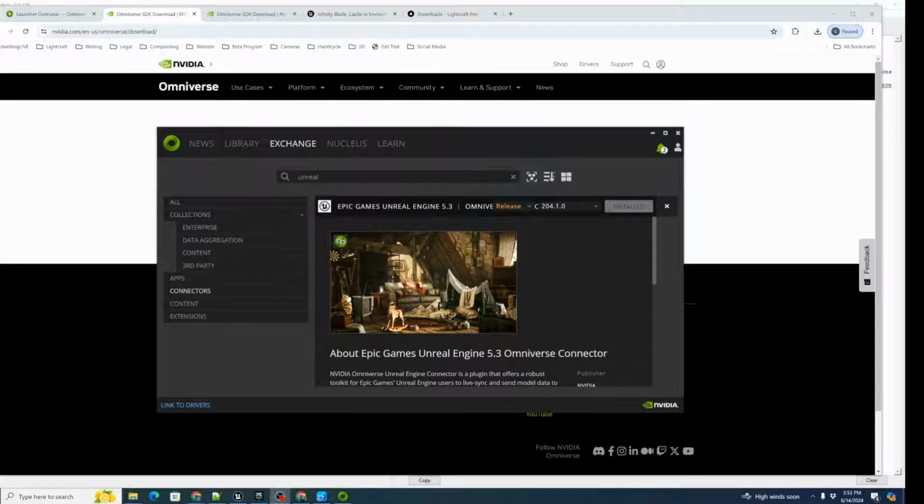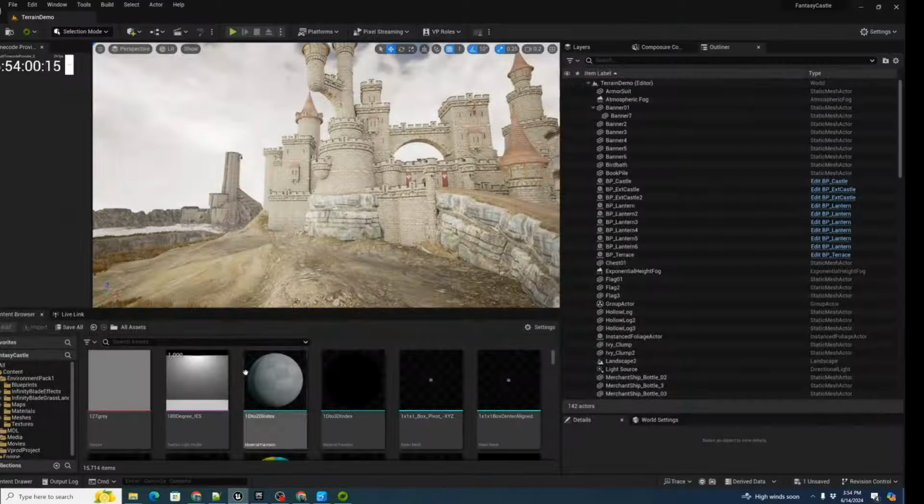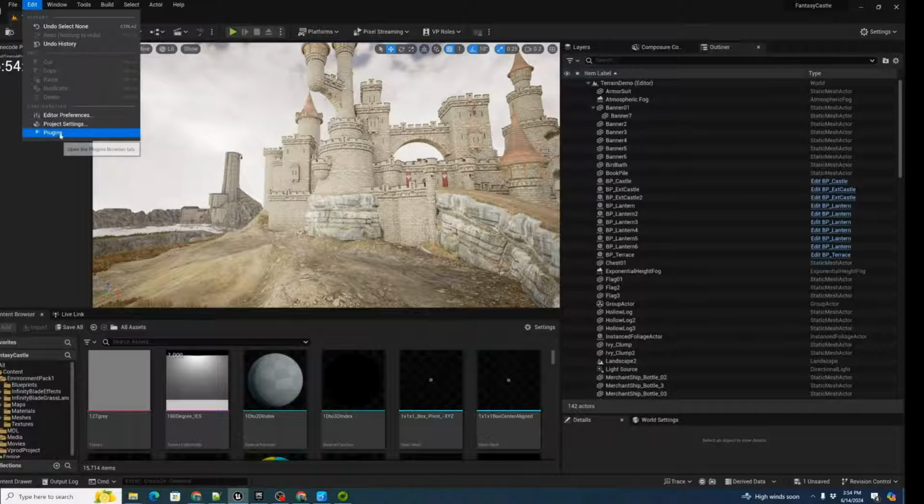We'll look at how some of those are used a little later. Let's go back to Unreal for now. And here's our Unreal scene. And let's do some plugin setup. We're going to go to Plugins,